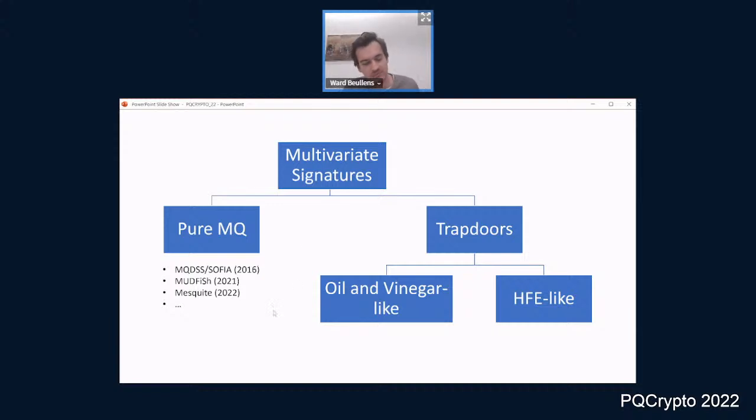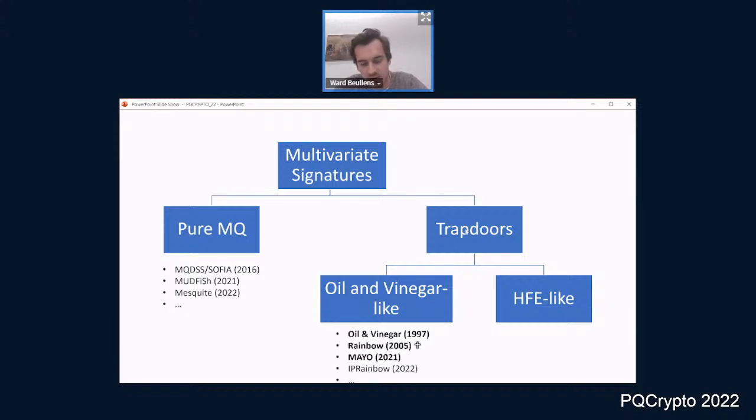The drawback of this strong security guarantee is that they're not super efficient. I think the best one at the moment has signatures that are 9 kilobytes big. And this is very similar to SPHINCS+. So, if we're honest, then we should just use SPHINCS+ instead of these MQ schemes. But these MQ schemes have been improving a lot. So it's interesting to see if we can keep improving and get something that's more practical in the end. But this is not really the topic that I'm going to talk about today.